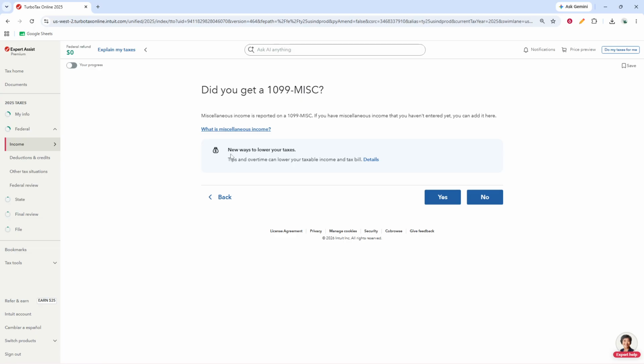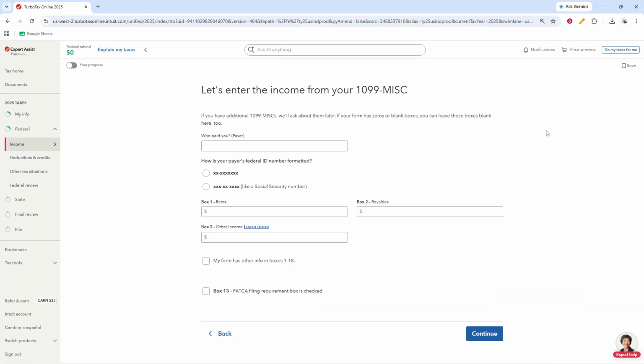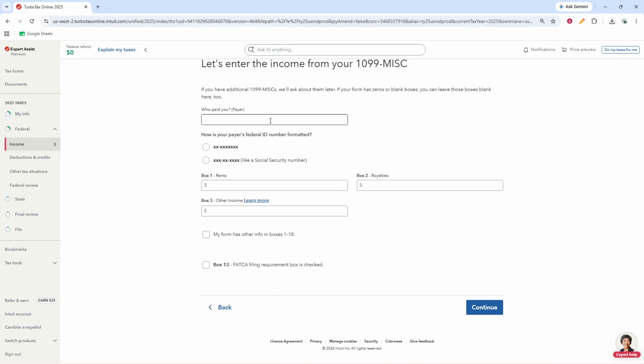When TurboTax asks, "Did you get a 1099 MISC?" select Yes. That tells the program you are adding a form rather than skipping past this section. On the next prompt, choose Type it in myself. This takes you to the manual entry screen, which is where you will match the details from your California FTB